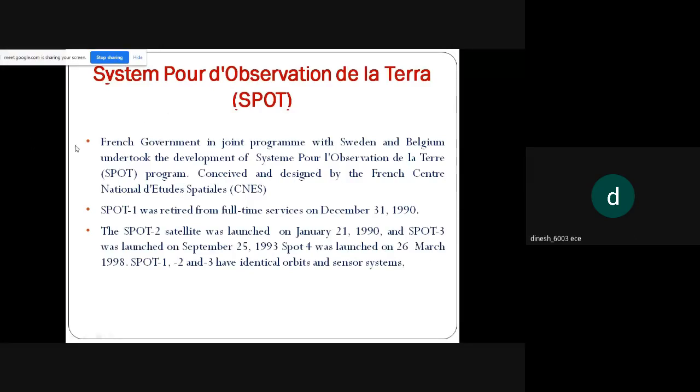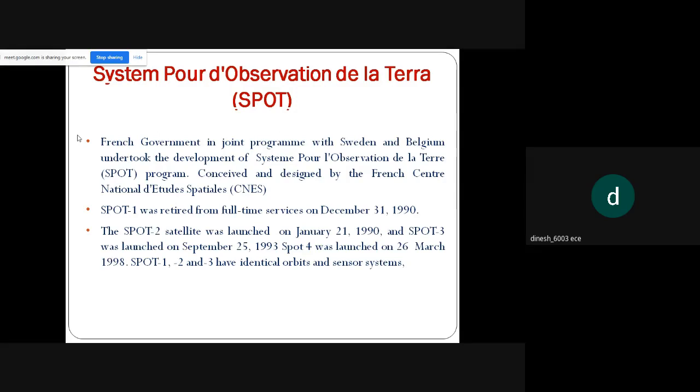Next is the SPOT satellites. Système Pour l'Observation de la Terre, SPOT, is the expansion of SPOT. These SPOT satellites were developed by the French government in association with Sweden and Belgium. They undertook the development of Système Pour l'Observation de la Terre, SPOT,